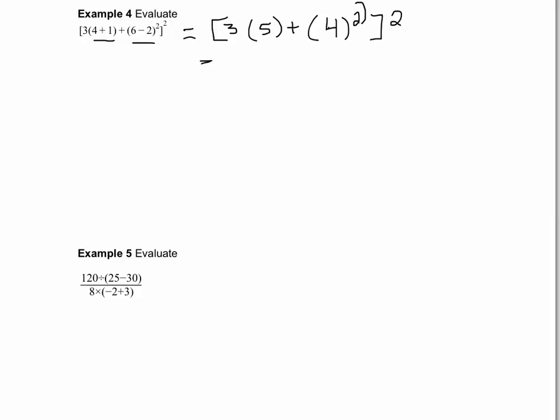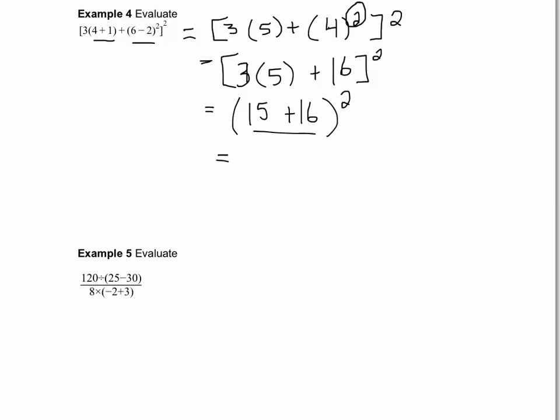Now we're going to do our exponent inside here. 3 times 5, 4 squared is 16. And then 3 times 5 is 15 plus 16. That's still all squared. We've got to add in our brackets first. So 15 plus 16 is 31. And then 31 squared is